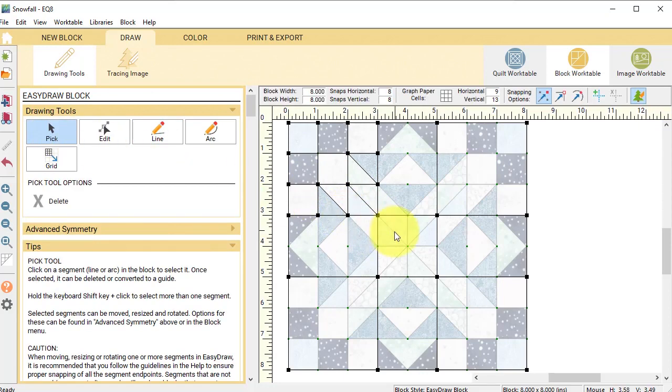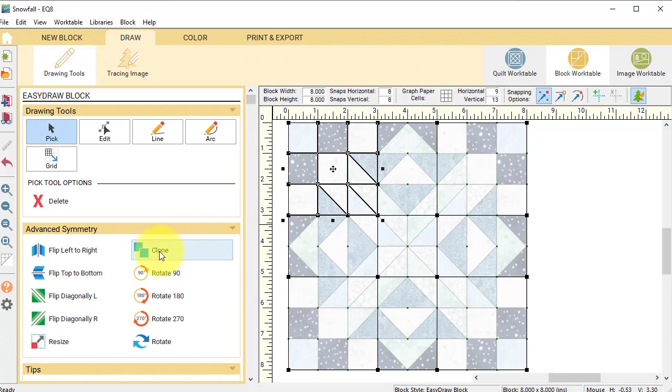With the pick tool, drag a box to completely enclose just the corner units. Now when I drag that box, I start in the center and then drag out to the upper left corner because I need to make sure that I'm completely enclosing everything in that corner group. Once I've selected them, they're going to be a little bit darker, and under Advanced Symmetry, I'm going to select